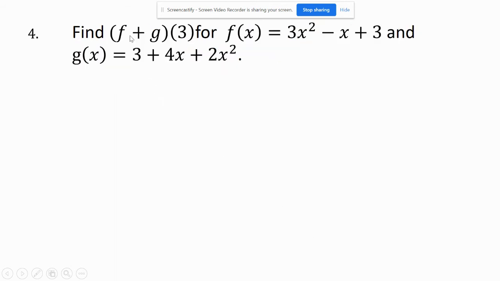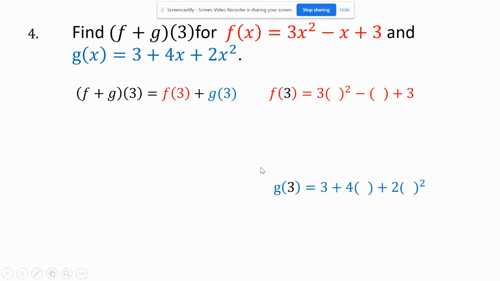This time it's an addition. F plus g of 3 for f of x equals 3x squared minus x plus 3. And g of x is 3 plus 4x plus 2x squared. Well, I like to plug in the individual numbers first. So if I go up here and